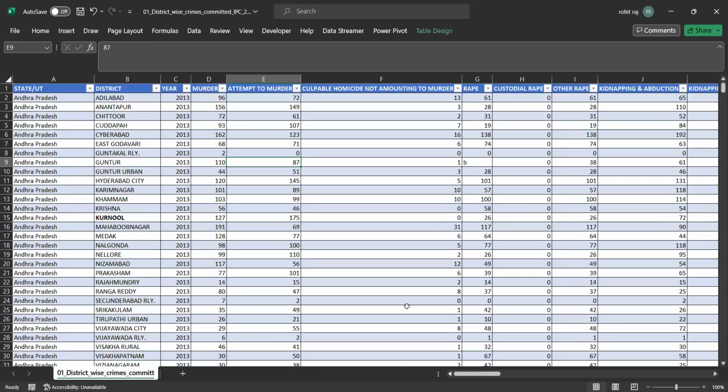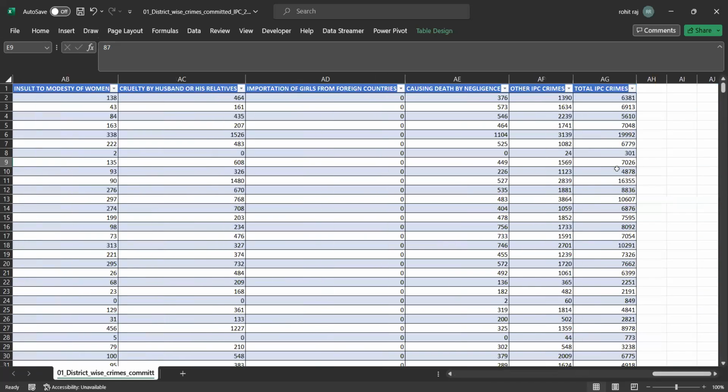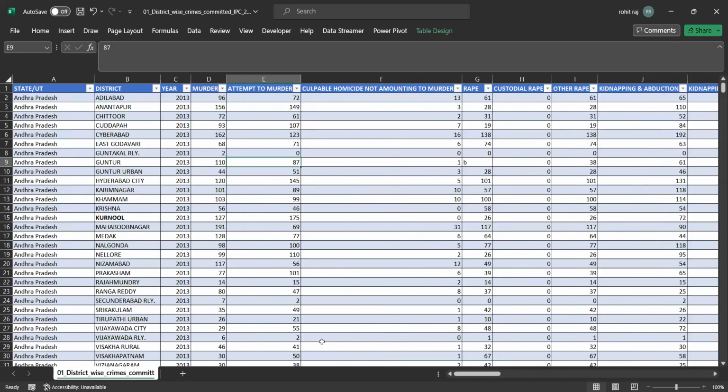The total number of columns in this data is very large. We have somewhere around 40 columns. Try to take this as homework and extract the insights from this. We'll be using this data in explaining one of the other